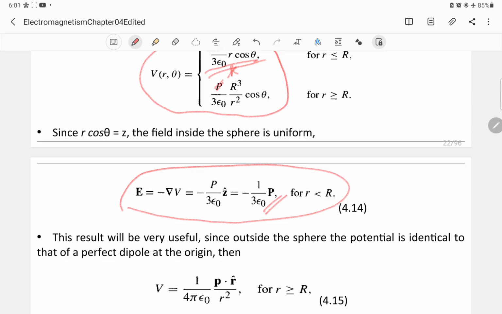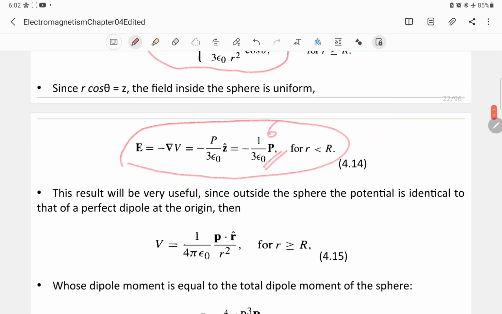So when you have a conducting material, you would just have E here, or some charge, some charge density, sigma. And of course,